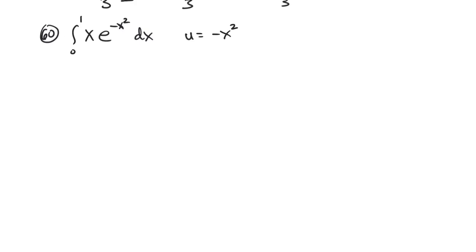So if we have our u substitution, u equals negative x squared, then du would be negative 2x dx. And of course, we don't have that. We've got x dx. So we can fix that easy enough. Let's multiply each side by negative 1/2. We get negative 1/2 du equals x dx. So then we can substitute these out. So that will give us,